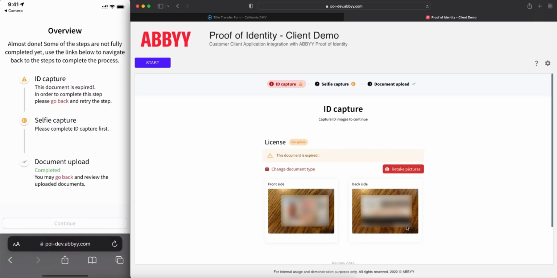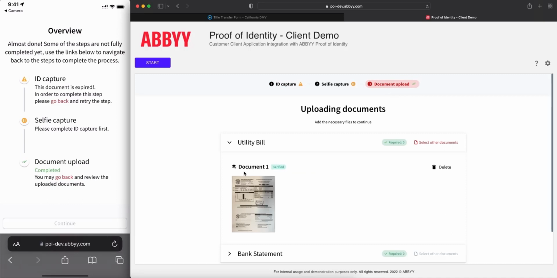Also, my selfie capture was completed. It was successful, but it wants me to be able to finish my ID capture step first. And last but not least, the upload of the utility bill that I used. All the processing was done on that correctly. We extracted all the information, and all of that is completed as well. So we've now completed the process, what an end user would see